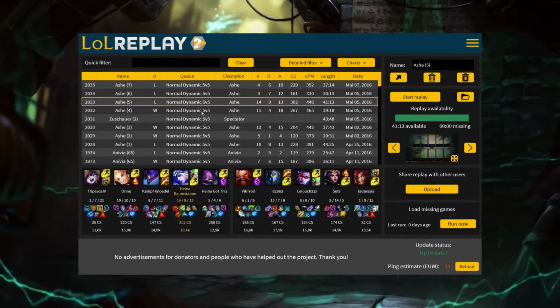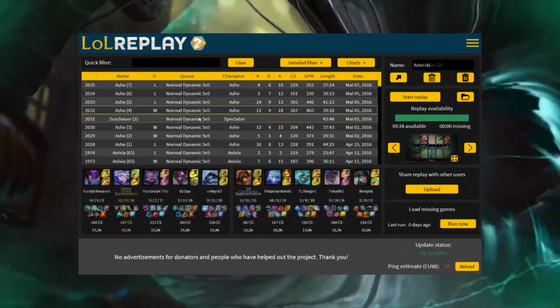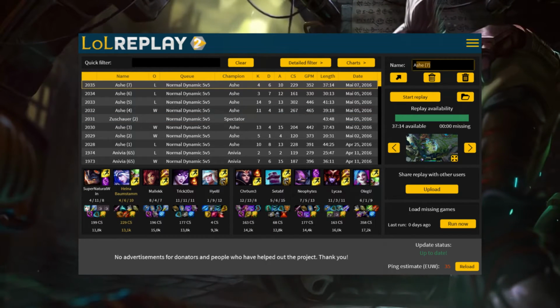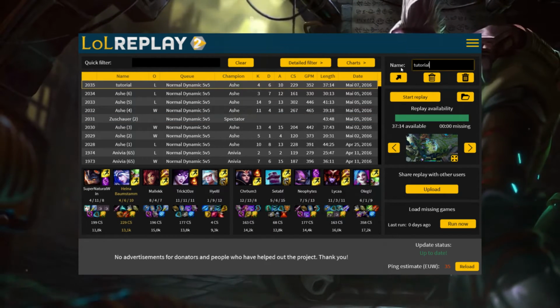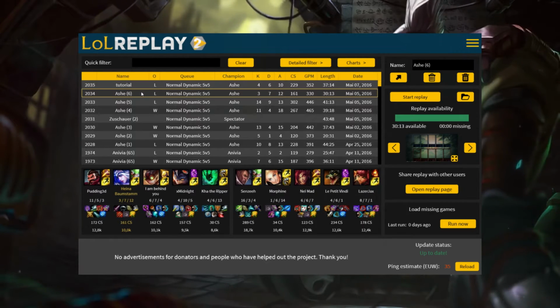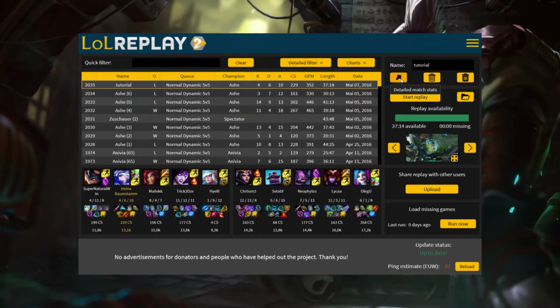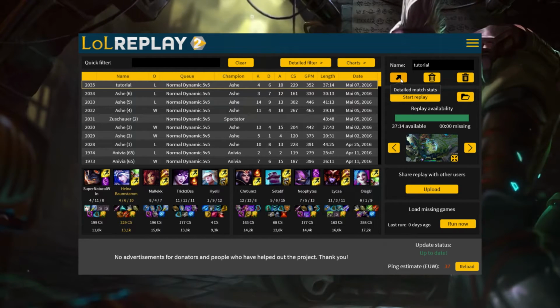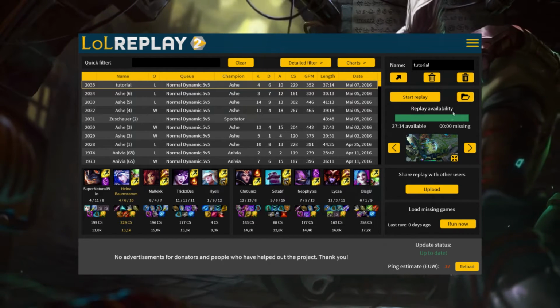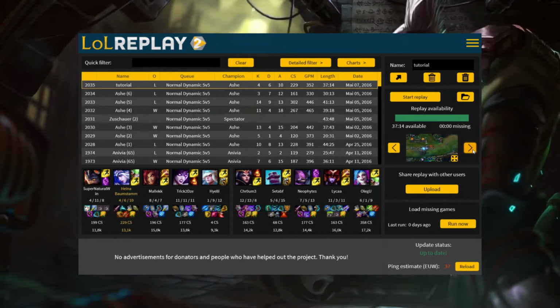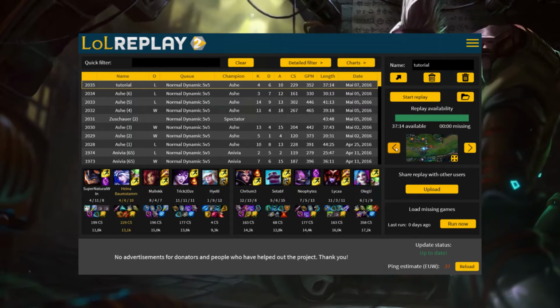Here you will find the list with recorded replays and game statistics, as well as the tools for filtering those. You can rename replays with the box in the top right-hand corner, and by clicking the arrow button, you can open detailed match info on the official match history website. Below, in addition to preview screenshots and information about the length of the available recording, you will find the button